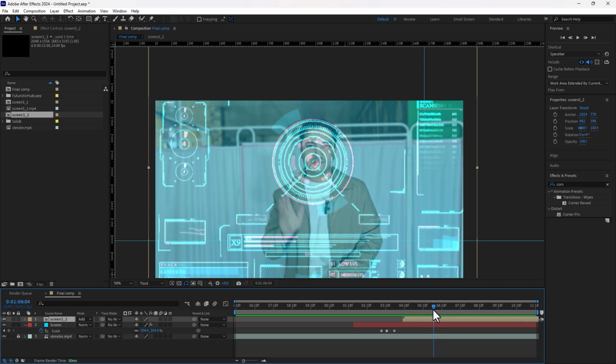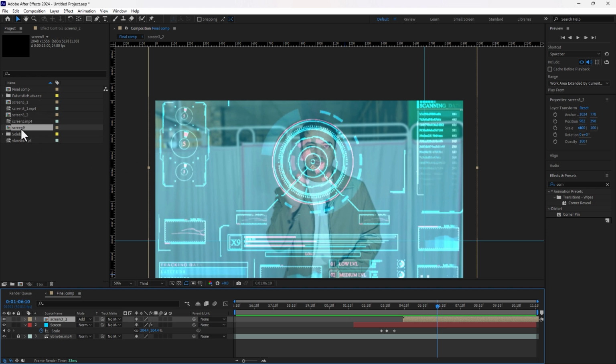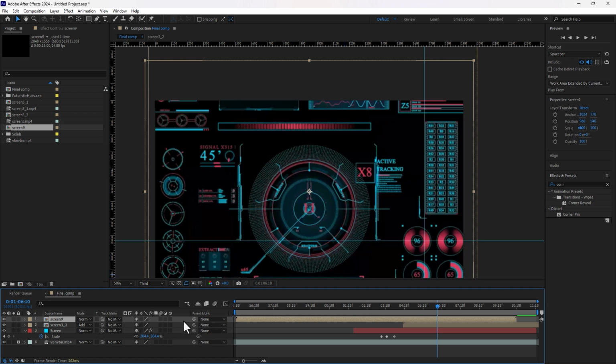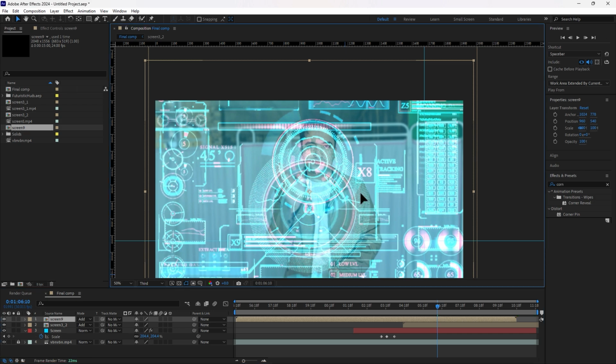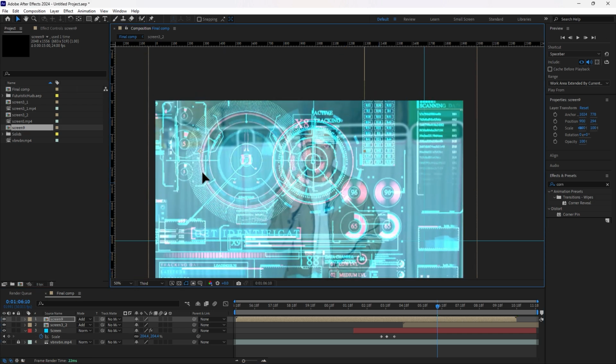Take a look. I need to change. So let's load another one. There I have another one. Let's select another screen and press F4 to turn on the mode and make add. And let's move